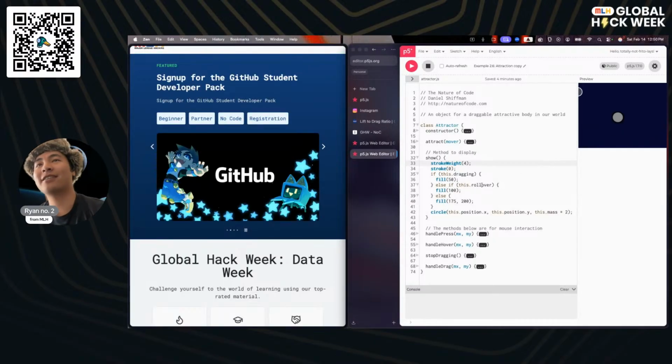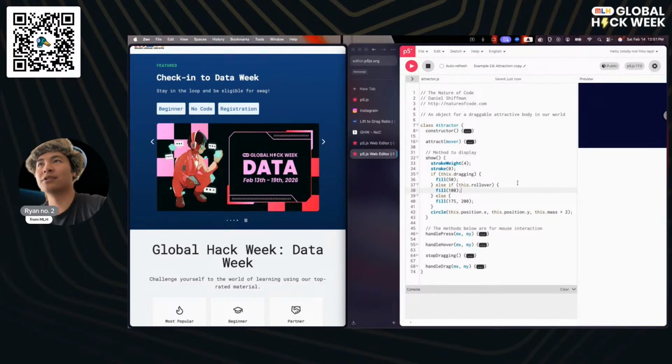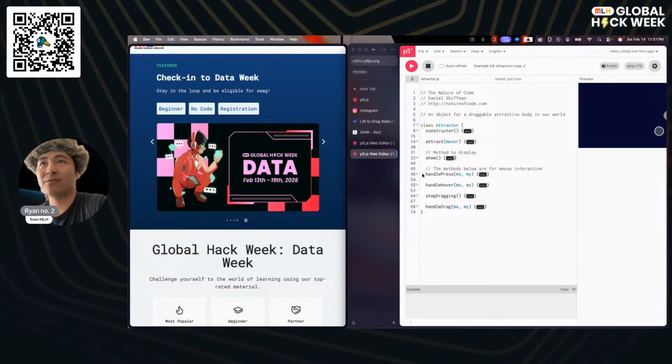I think rollover is whether or not the mouse is hovering over the object. So if we wanted to make this really bright, like just white, whenever it's rolled over, yeah, there we go. So that's what the rollover function does. Mystery solved there. And then we have the circle, which is the same as it was before.